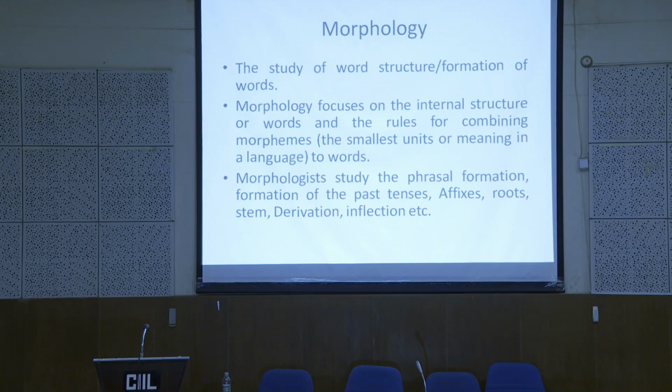Normally it is a suffix, a derivational suffix, and if you add this to dance, it becomes dancer. The grammatical category changes from verb to noun, so it is a derivational affix, and that process is called derivation. And this is an inflectional suffix, and the process is called inflection. So how will you form your verb in languages? By using this inflection and derivation, you can make your verb.